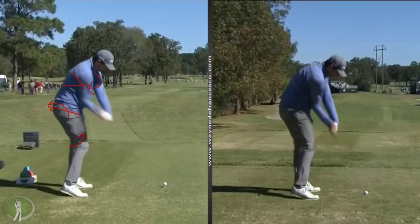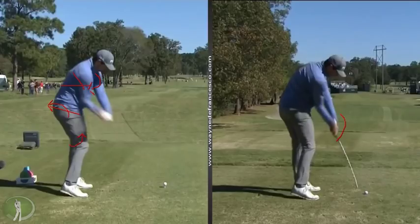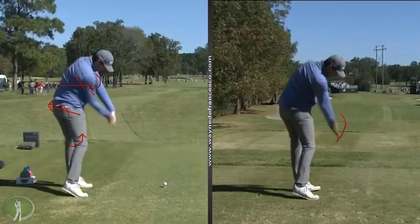Look how long this thing is delayed and how much palm reflection he has in that left wrist all the way into impact there. Look at that. Now again,